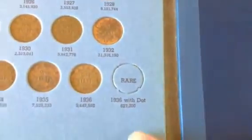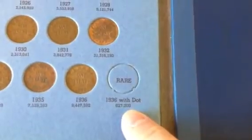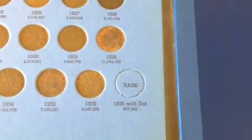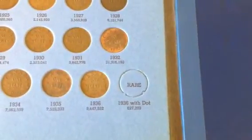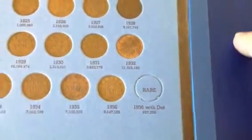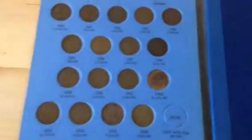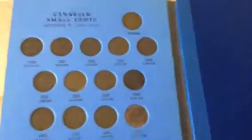And there's the 36 with dot, which they say there's 627,000, but not really, because a lot of them were melted right at the time that they were struck. And there's only maybe a few in existence. It's almost like the 1913. It counts, but it doesn't count. So moving on,